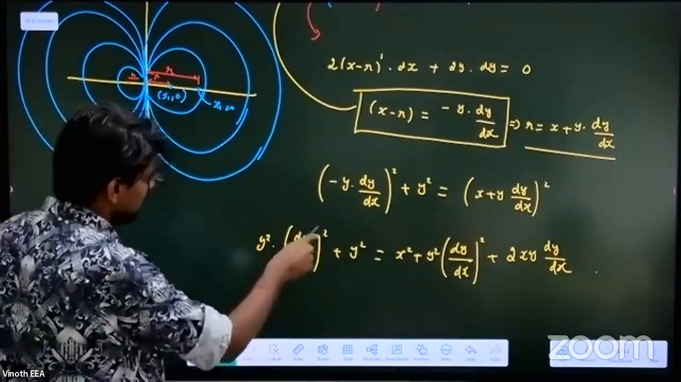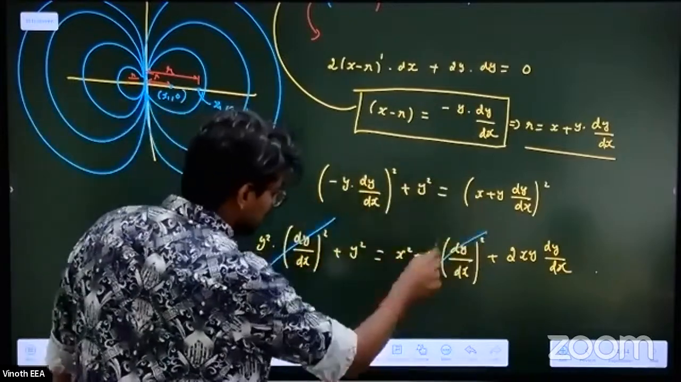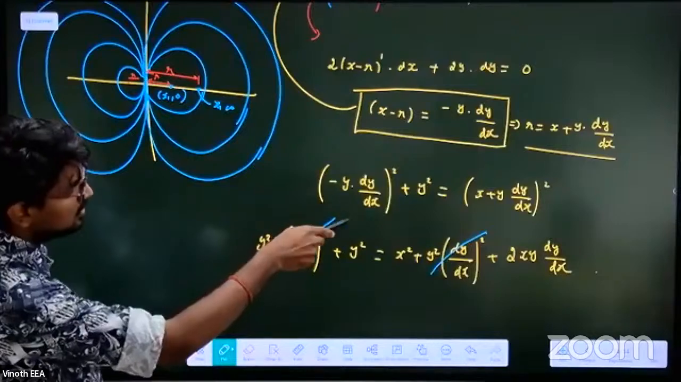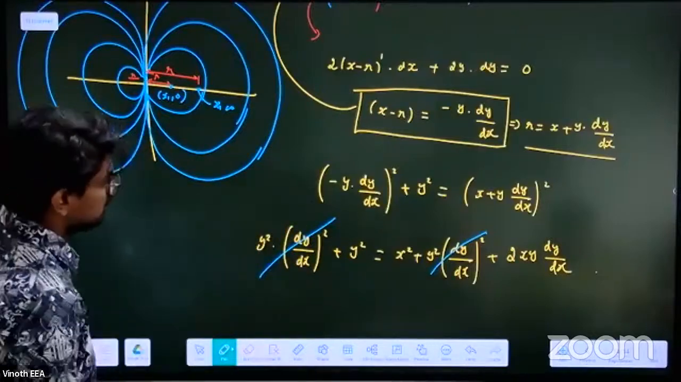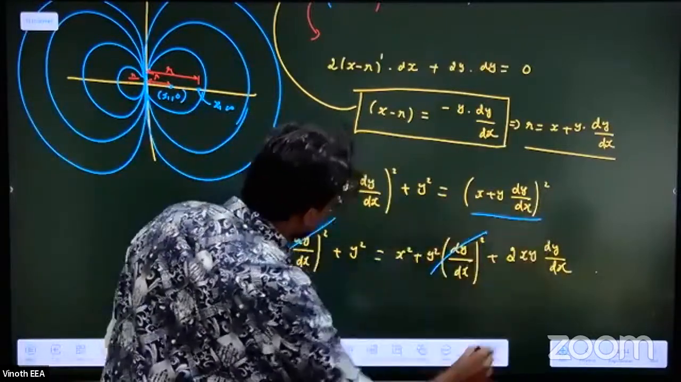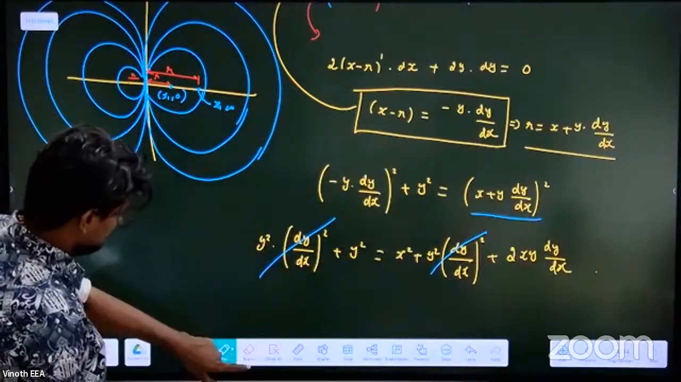I can cancel this, right? y square (dy by dx) square, this I can cancel. That's the (a plus b) whole square formula, I have expanded it. This one is the (a plus b) whole square formula. Then